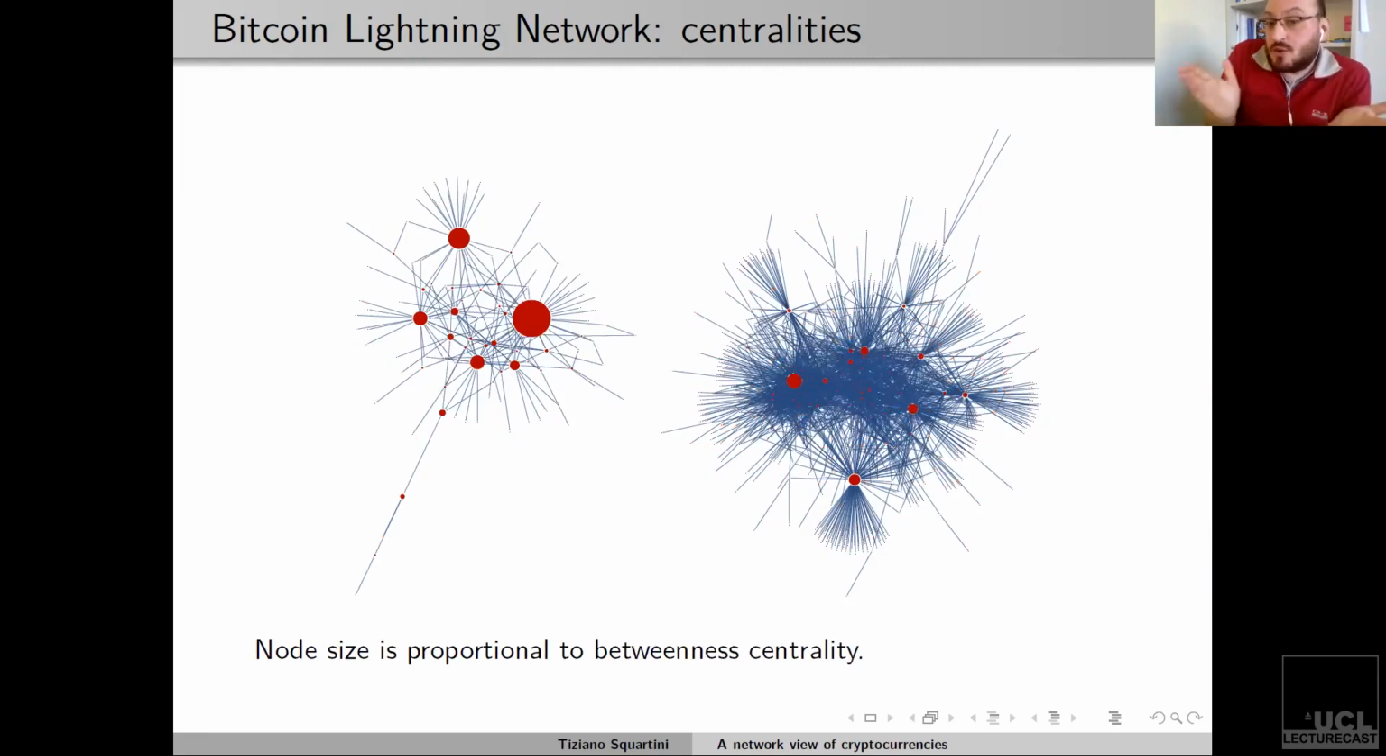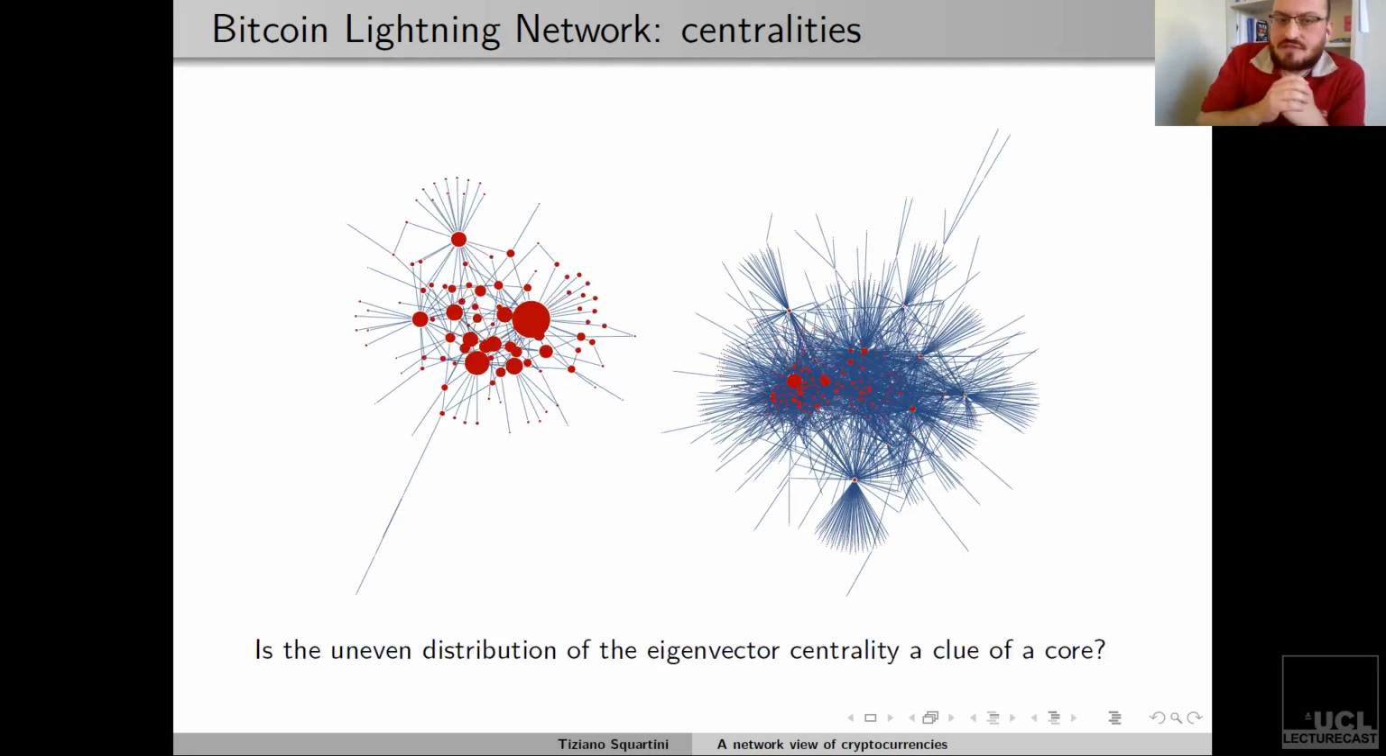For what concerns the betweenness centrality, instead, you have that the nodes with a very large degree are also the ones crossed by many paths. So you still see these star-like structures around. And for the eigenvector centrality,